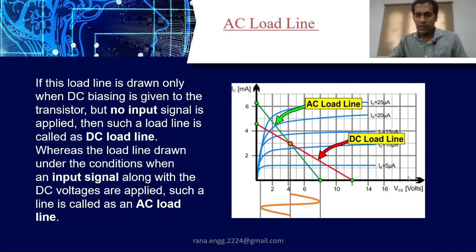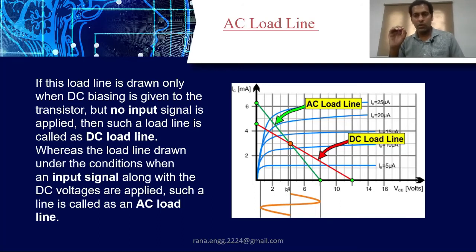We have output current, we have output voltage, two axes, and the input is continuously changing. We are changing the input and we are observing the output, right? So one DC load line we have seen in the previous session. Similarly, we can have an AC load line, right? So this one we have to remember, and on this particular AC line, AC is related to alternating values, so we have to draw an alternate representation.